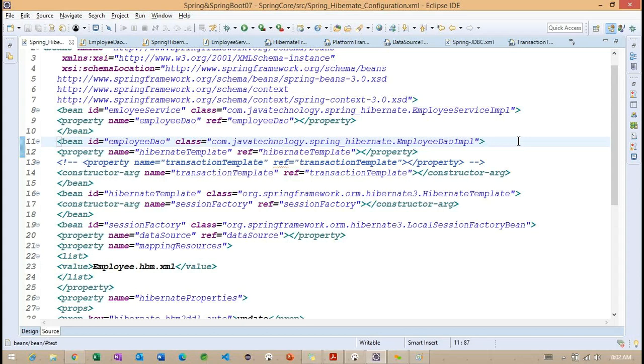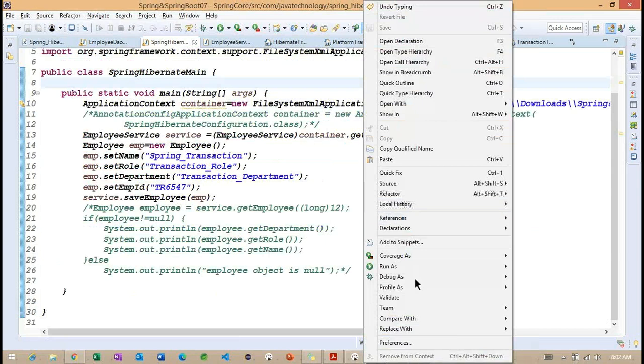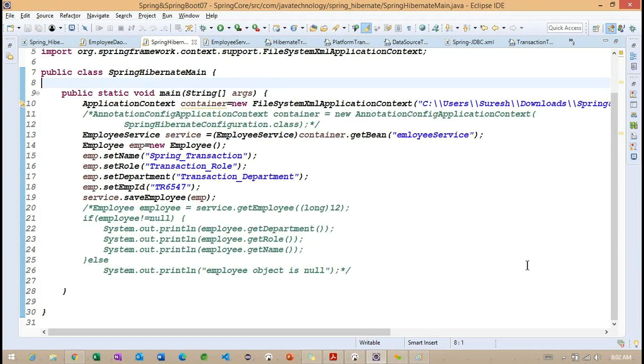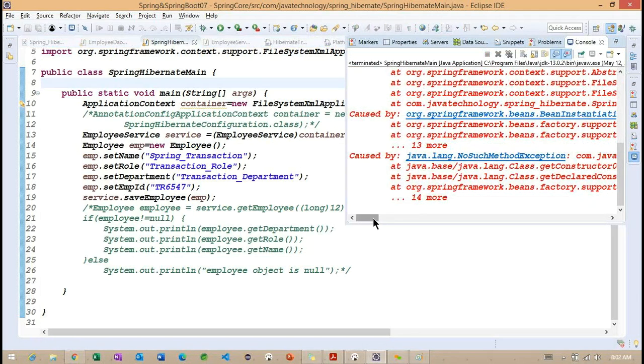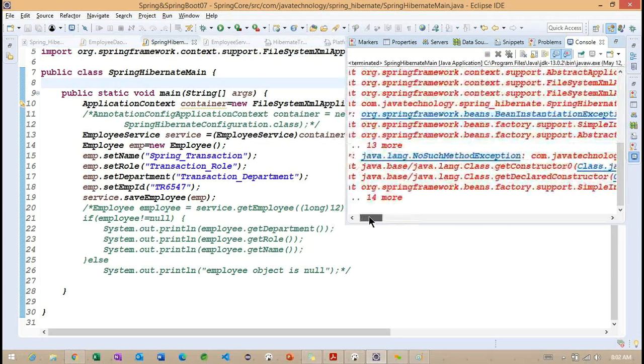I changed it from the setter to the constructor. We'll try to run one more time. Let's see. So the setter is not able to understand it. Oh, no such method. Okay.